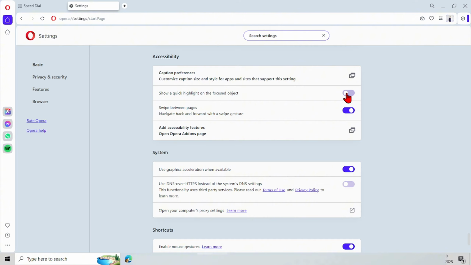cleaner and not annoying. So that's it, the tutorial on how to hide a quick highlight on the focused object in